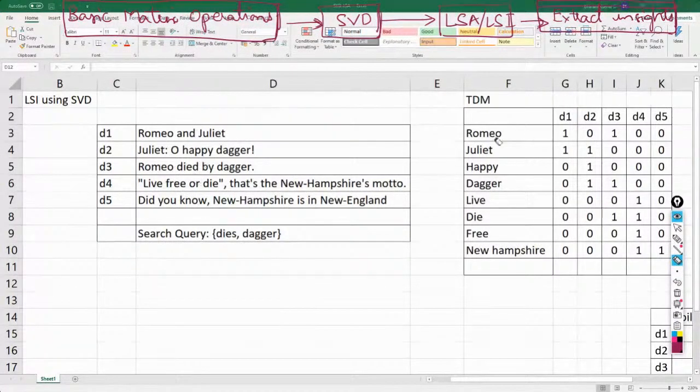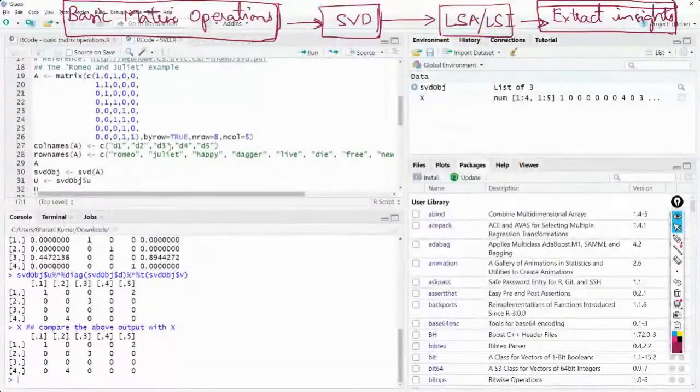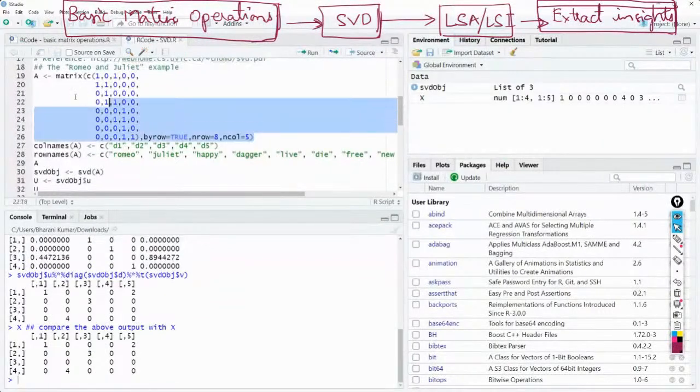For that, you first got this term document matrix. And these matrix values that you have here are the values that are created here. All these numbers that you're seeing, by row equal to true, and arrange the data in 8 rows and 5 columns.